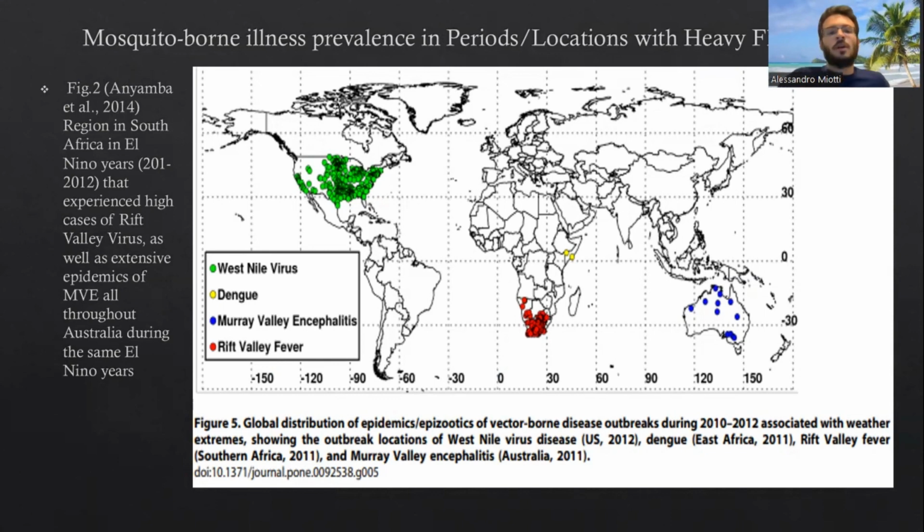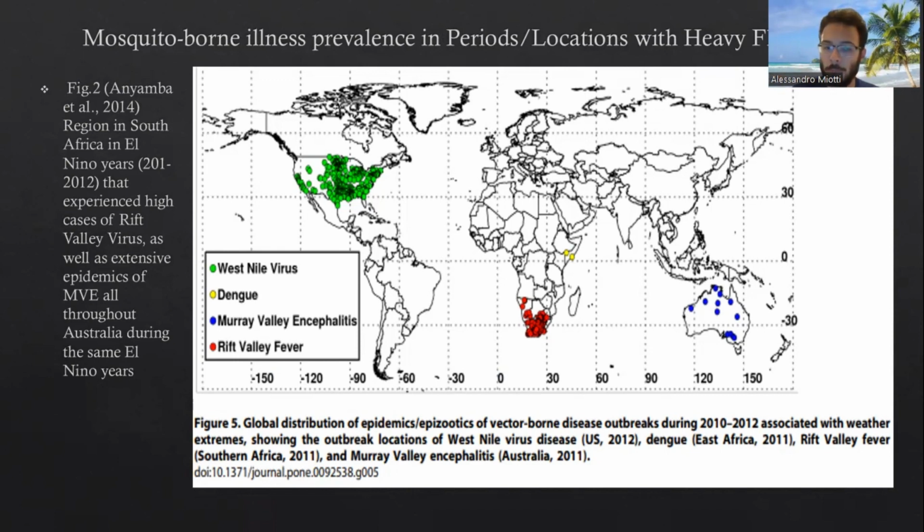And what the study was doing was actually looking at vegetation increases and mosquito increases with El Nino years. And the ones that we're concerned with here are in Australia and in South Africa. So in South Africa, this area called the maize triangle or the corn triangle is known for its vast amount of vegetation. And what the study found was that during the El Nino years, 2010 through 2011, they found a 43% increase in rainfall brought extreme flooding and actually increased vegetation a huge amount,